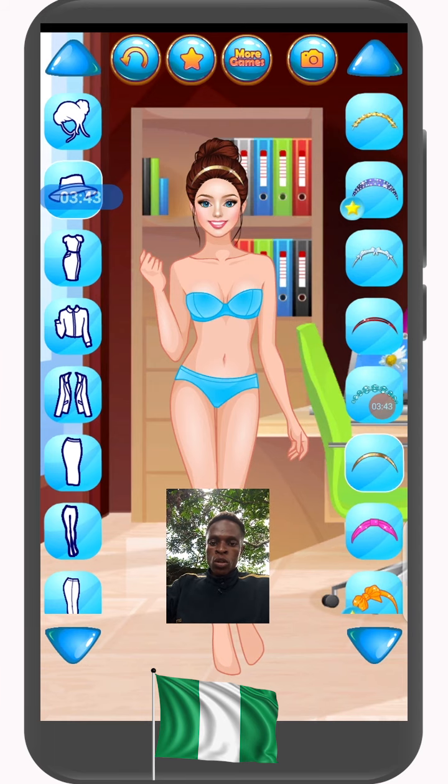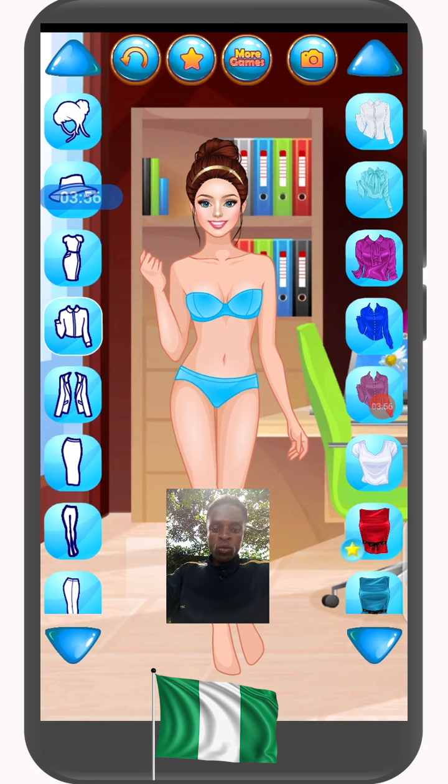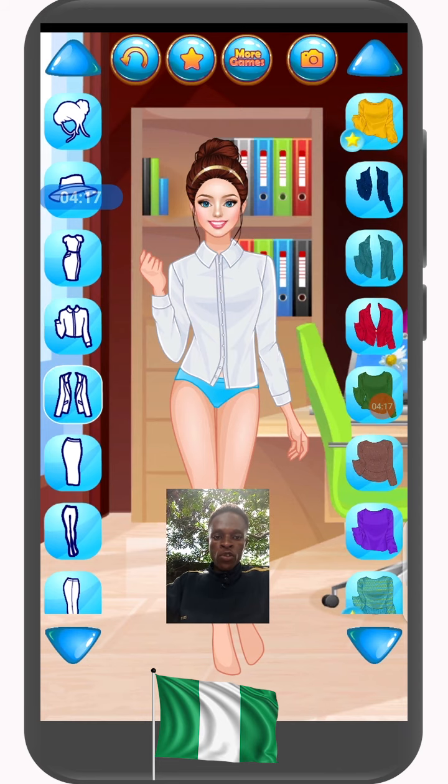So we go to the clothes section. You can select any one there, but I don't think I like it. I want a long sleeve or a gown for her, so I'll just jump to the next one. I think this white shirt is okay. I'll go for this white shirt now. I'm trying to create a character that is more like an office worker, so I'll go for a suit. This one is for the suit now.